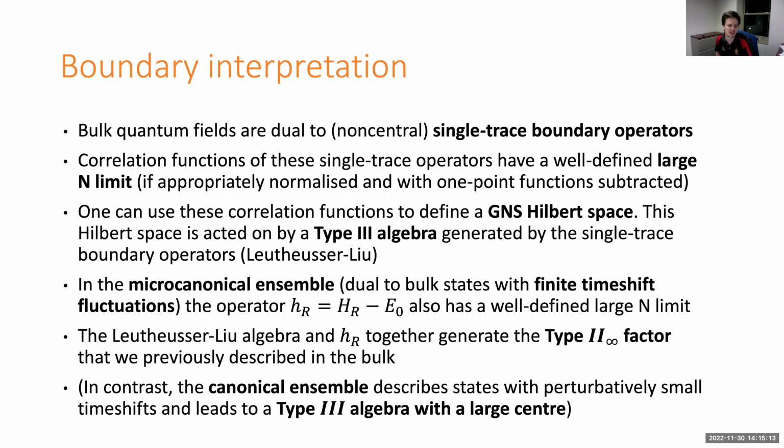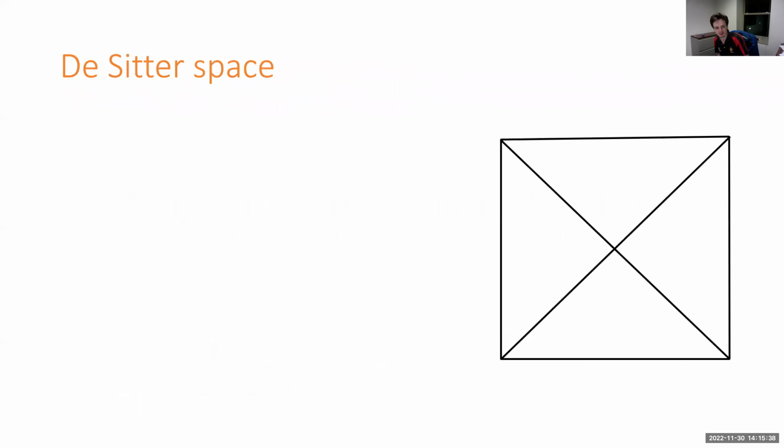So I should say, if you instead work with the canonical ensemble, this is what Edward did in his paper. Then in the leading order limit, you instead get a type 3 algebra with a large center. And then you can look at perturbative corrections, and those perturbative corrections sort of look like the cross product. You can sort of define entropies in a perturbative way, but it's much less nice to deal with than the microcanonical ensemble, where you really do have a type 2 algebra. Okay, so don't worry too much about those details. That was just advertising stuff we talk about in the paper.